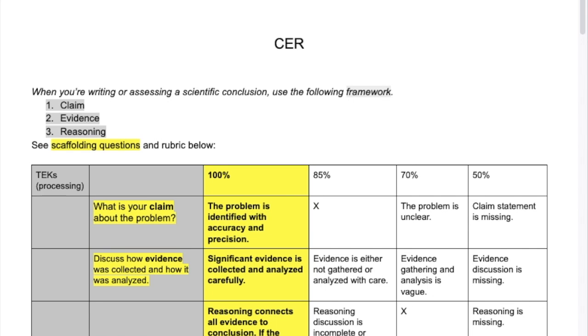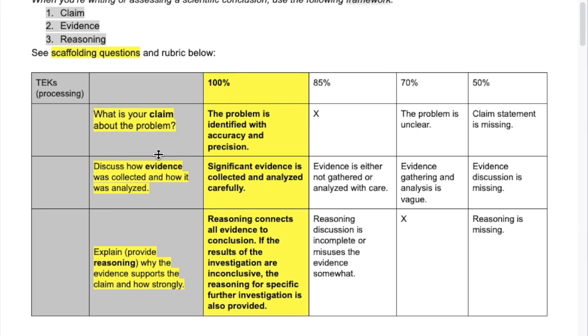And real quick run through that. Here's your CER rubric. What is your claim? Discuss your evidence. This relates to gathering and processing of information, levels 1 and 2 thinking, as well as reasoning, which would be level 3 thinking, and connecting, explaining how that evidence comes together to support your claim statement. Claim statement is similar to a